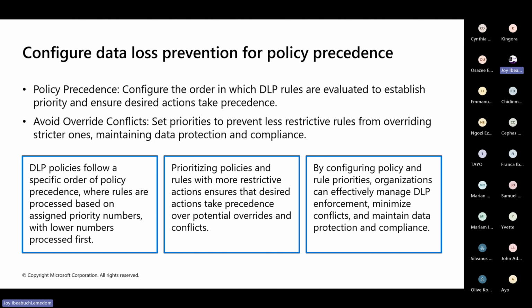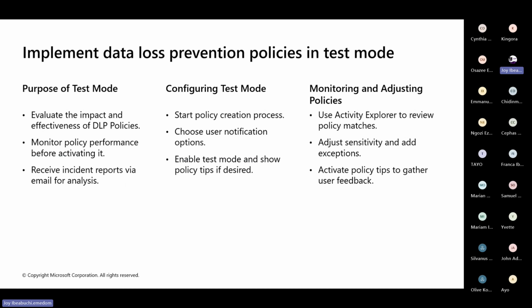And so you can create reports that give you insights, and that way you can know, oh, this policy and this policy are conflicting, so this one needs to take precedence. Those are the essence of the test mode that we use. The test mode will help you evaluate the impact of a policy. It will tell you the performance before activating it, and you're able to see incident reports for analysis. Again, you can start by creating your policy. How do you want to notify? Test it, show the policy tips, and adjust using Activity Explorer